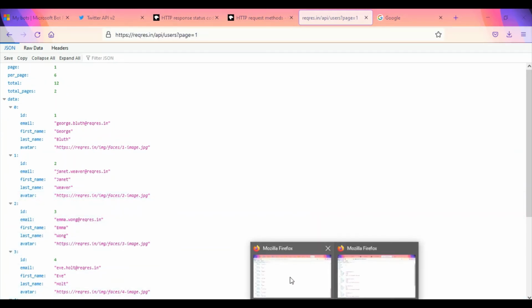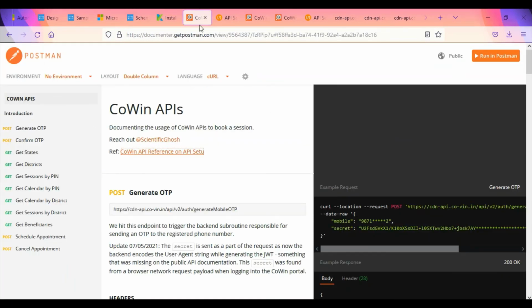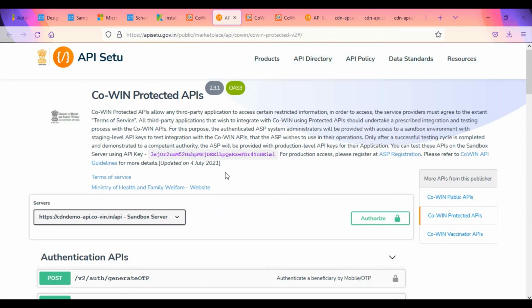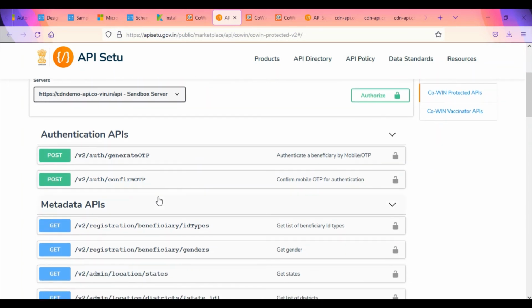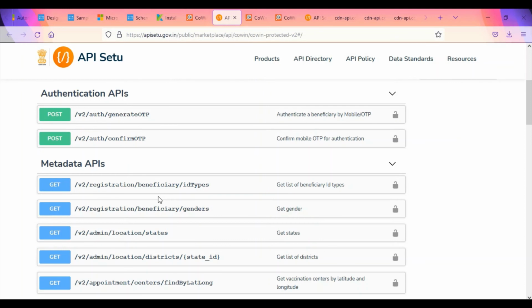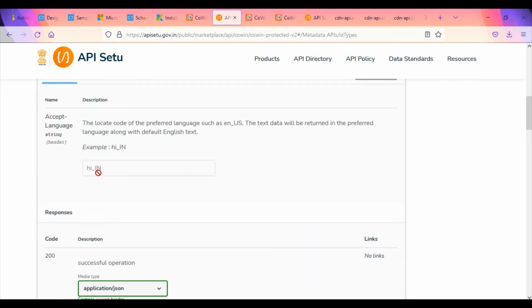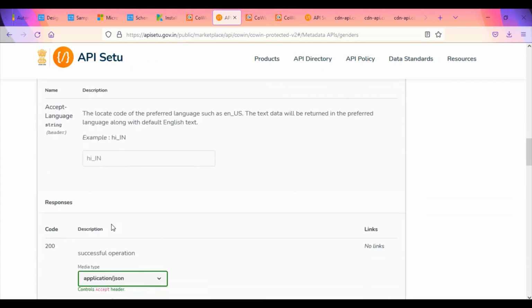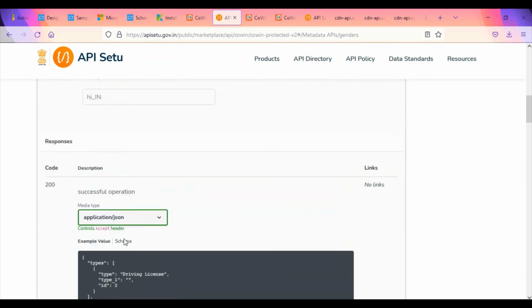So coming to the CoWIN part, I think I have it somewhere. You can see on the CoWIN app itself, you can register to get an API, just like how Paytm gets it. They will provide you some sort of authentication, and usually as a tester we need some sort of documentation. So you can see this is the type of documentation, what values it can accept, what value will get. Again, for genders we can see what values we can accept and what value we should get. So this is the kind of documentation which is available to us.